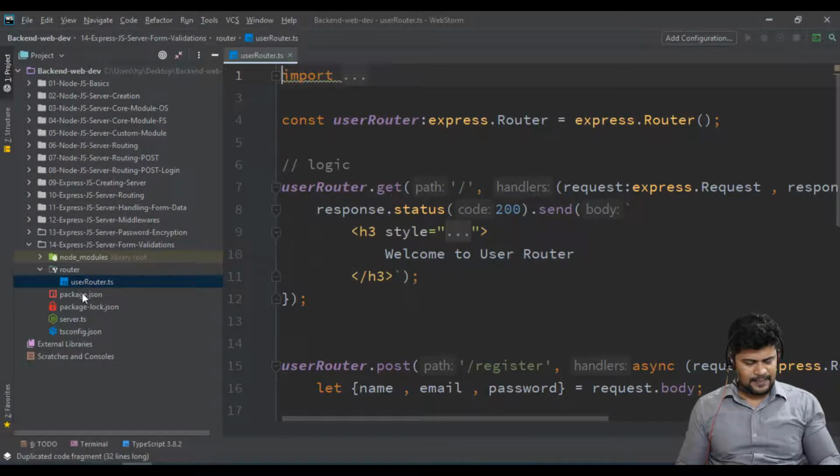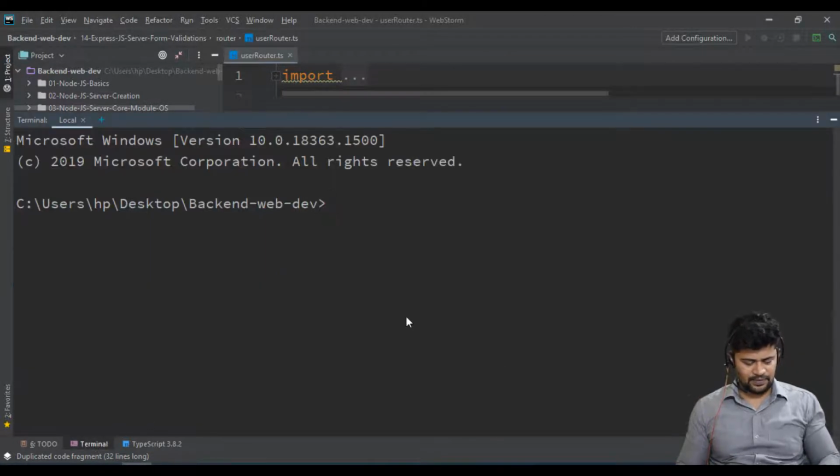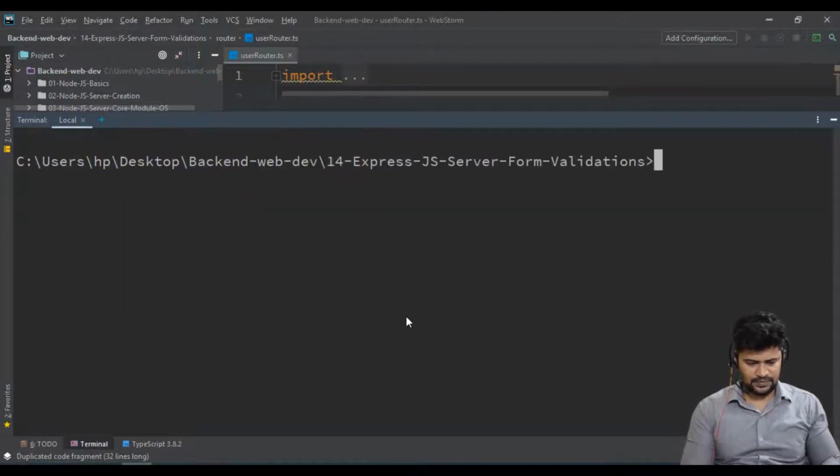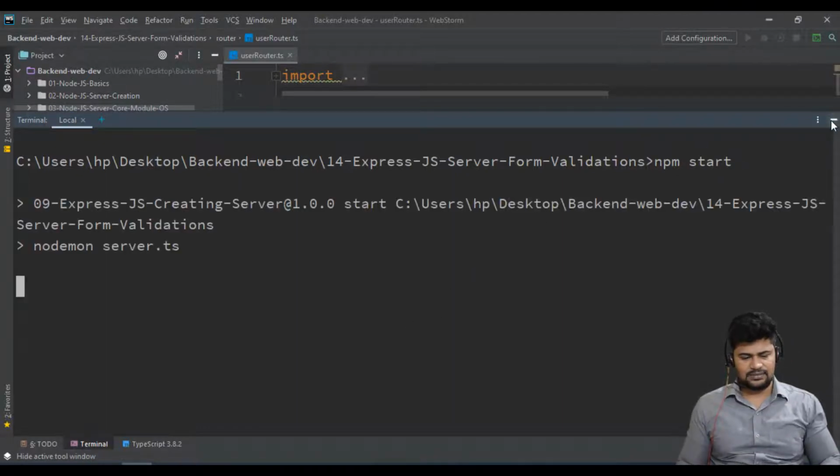Let's directly go to the user router. First let me start the server. Let's do npm start, where it is in the 14th folder. It will start the server.